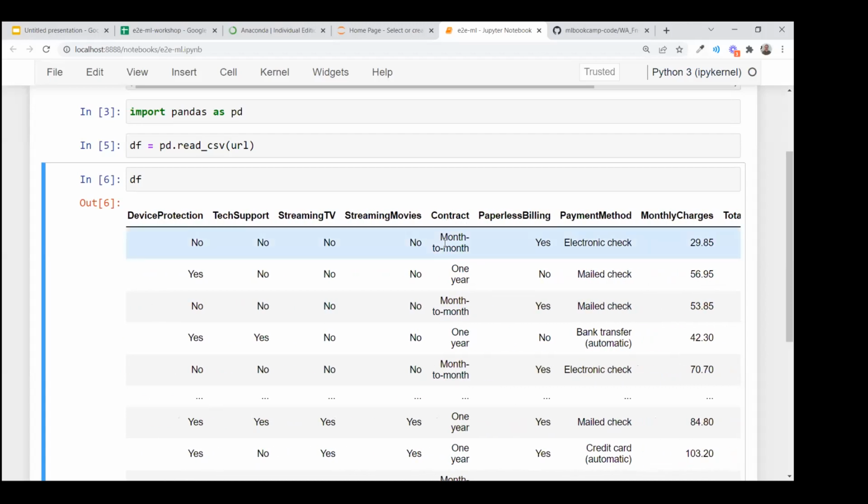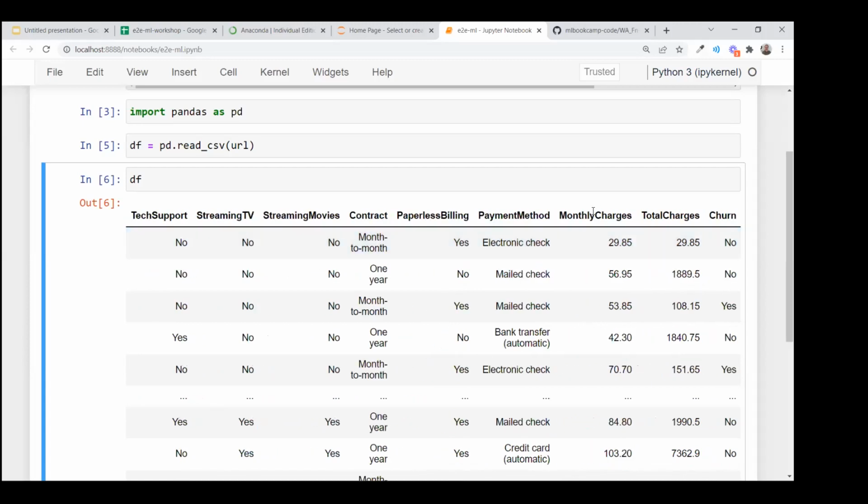Then the type of contract. There are multiple types of contracts: month to month, yearly, and 2-year contract. And then finally, how much they pay per month and how much they have paid in total from the beginning till end. Churn is whether they decided to leave our company, to cancel the contract with us, or not. This is the variable we are interested in predicting. It actually happened in the past, but using the past information, we can see what kind of people tend to churn, and then apply this information to people who haven't churned yet. That's the main idea behind machine learning.